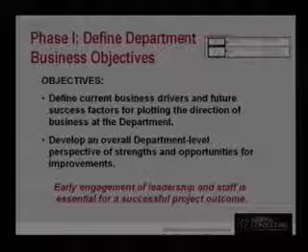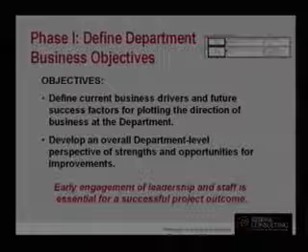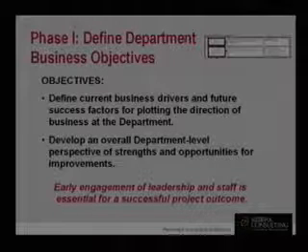So in phase 1, we're really working with the project management team to get their direction and buy-in about the department and the success factors it sees for sort of setting the course for its future. It includes 15 interviews with senior department staff, as well as with directors from other departments like IT, HR, Finance, Public Works, and others, to make sure that they are working together the way they should be. This kind of early engagement of leadership at all levels is really essential for us in setting that course to make sure that the project outcome is what we want it to be.